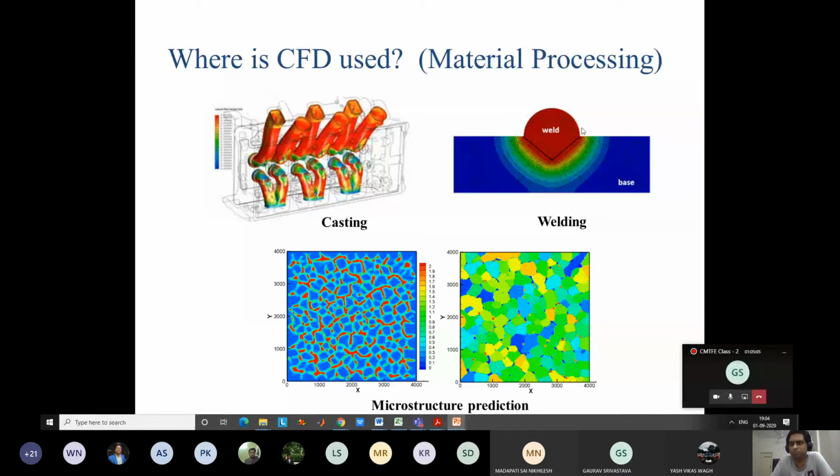There is heat removal from the top. There is convective heat transfer from the top. There is radiation from the top because it's at high temperature. So these are the temperature conditions. But because of the very high temperature, some vaporization will also occur. If it is aluminum, some of the aluminum will get vaporized. How much vaporization is occurring is too difficult to predict.